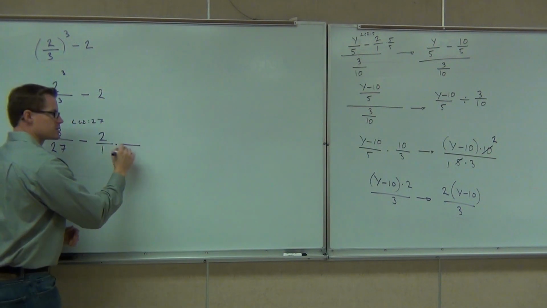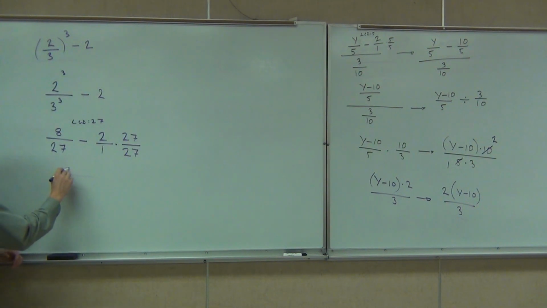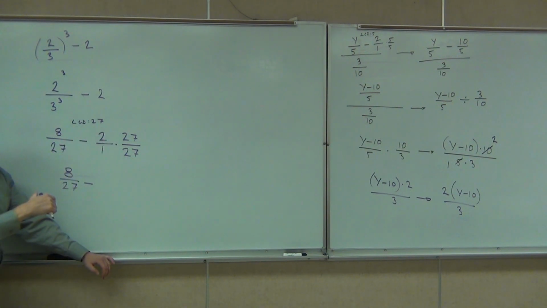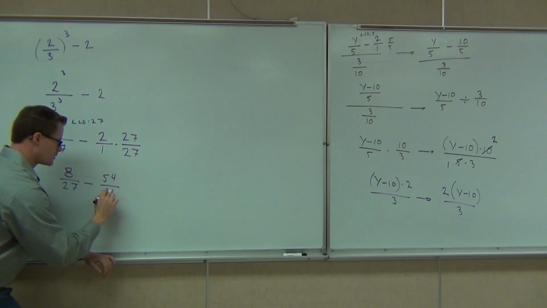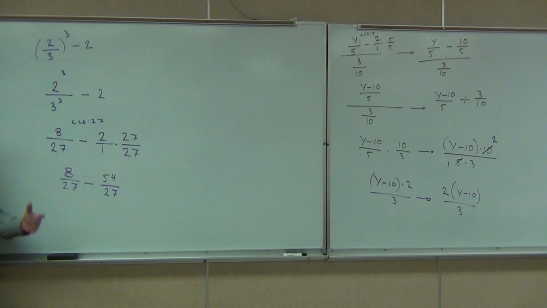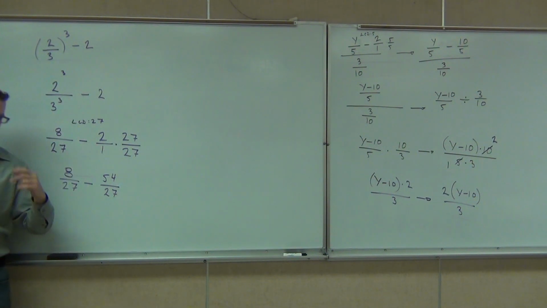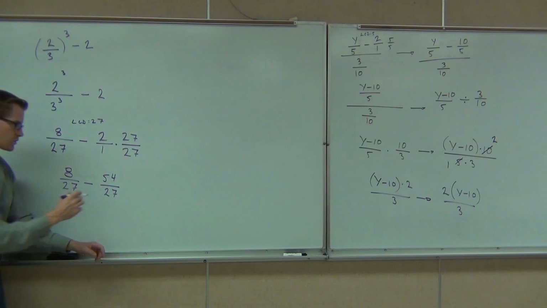That means we need to multiply this fraction by 27 over 27. We'll get 8/27 minus, hey, what's that fraction become? 27 times 2, how much is that? 54. After we do this step, we're back down to subtracting fractions, which we've done in this class already. We've done everything here already. Are we okay? Can we subtract those now? Yeah. So we're going to have